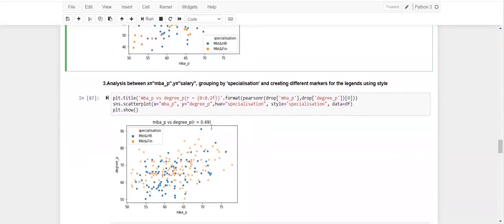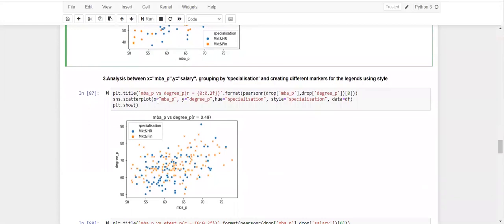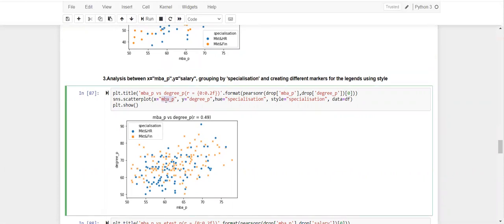So guys, again, we are taking other attributes here and doing some kind of correlation coefficient evaluation. So I've taken the x-axis again as MBA percentage and the y-axis as degree percentage, and we are grouping it using specialization here again.